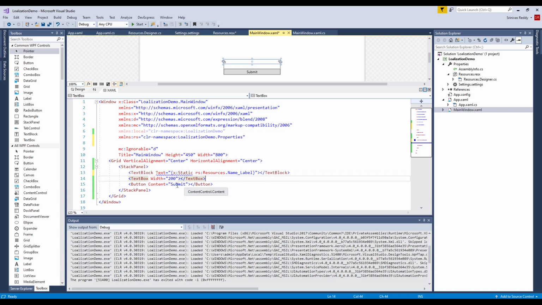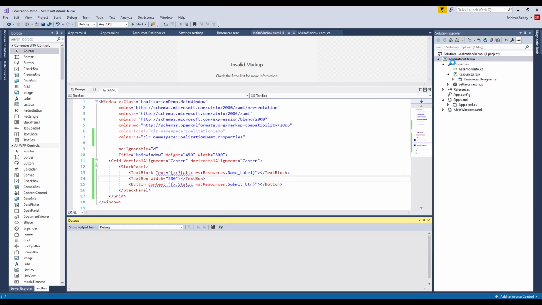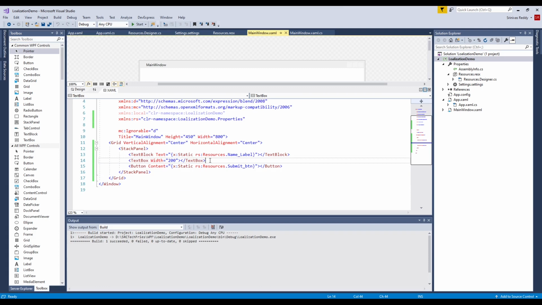And in the case of the button content, you can copy from here and paste, and simply change this to submit underscore btn. You don't need to worry about these blue lines. Once you build the project, it will be fine. The lines will be gone. You can see that there are no lines now.